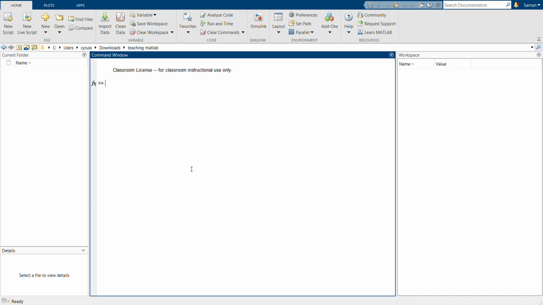So this is in general how MATLAB looks like. We have a bunch of windows here: command window, workspace, current folder, and then we have the details here. And also we have a bar up here. We have home, plots, and apps. So what MATLAB does is that you can use it for